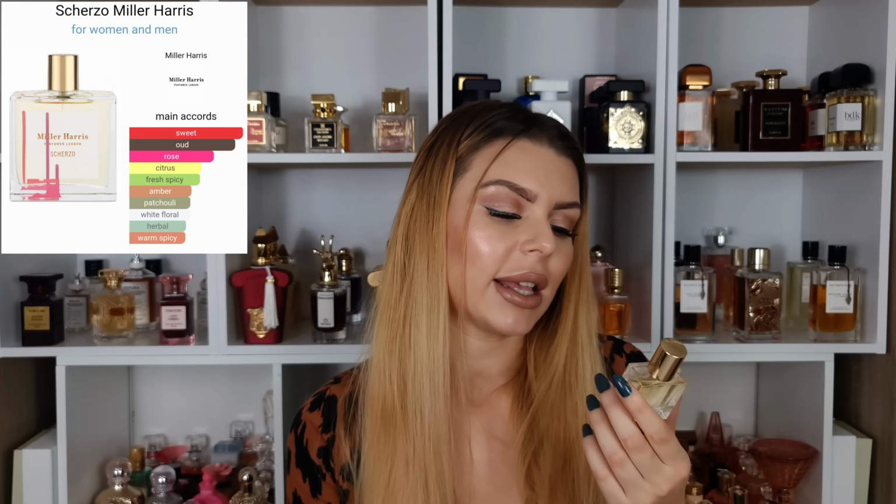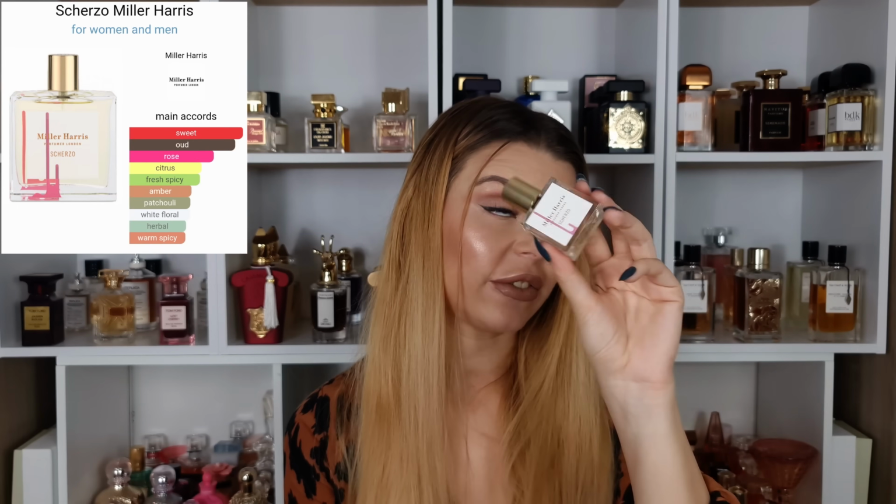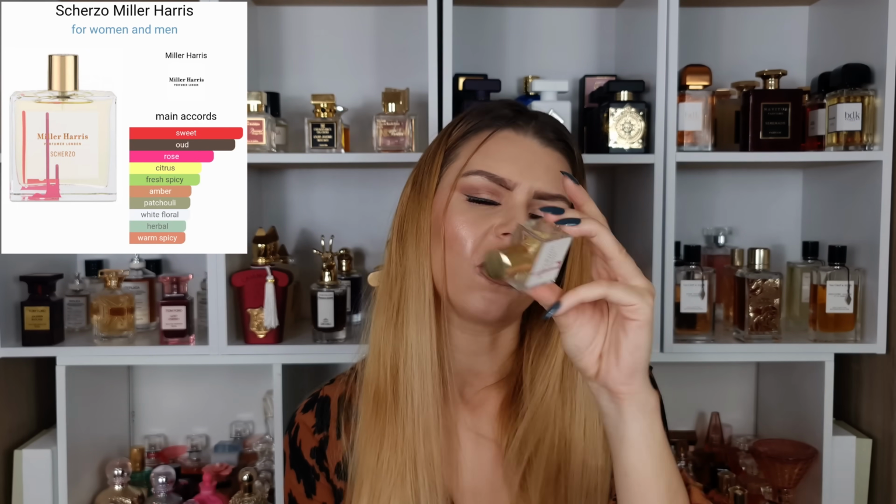Okay, the next one we have. I don't have a box because I got a gift set and I wasn't sure if I was going to like the scent. This one is from Miller Harris, and this is SCHERZO, I think. This is just a 14 ml, weird, why 14 and not 15. Anyway, it was a blind buy and I wasn't sure if I was going to like it because with rose I'm very picky, but this